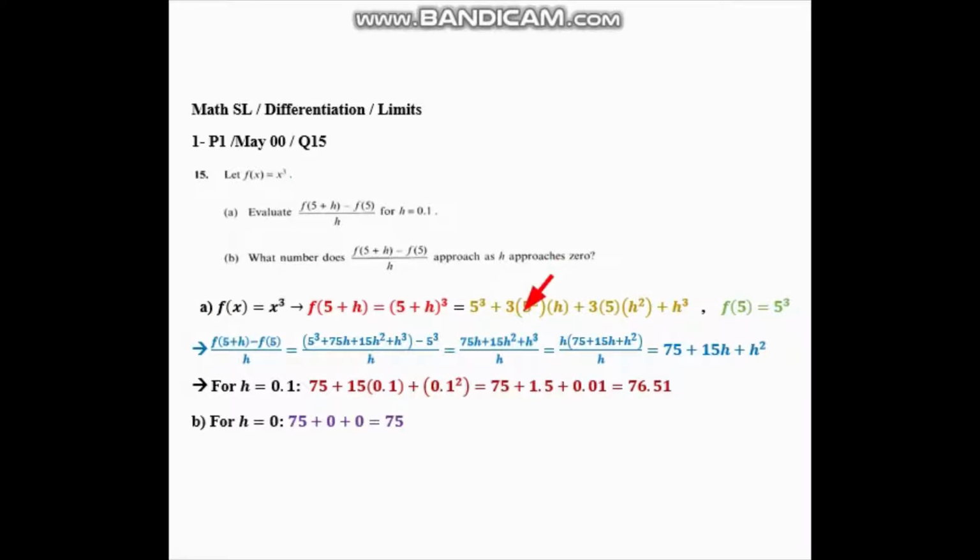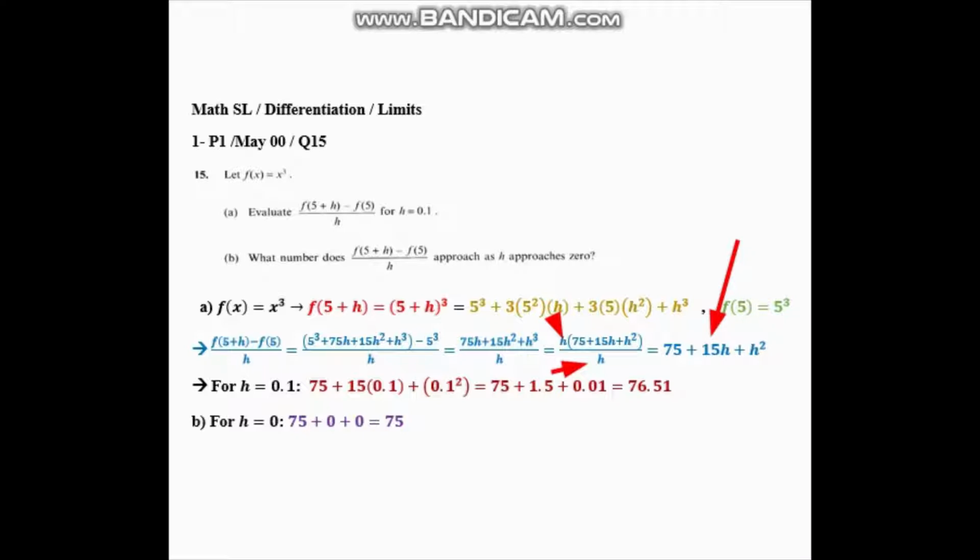So the rest is just algebraic simplification. I've combined the like terms, and then I've factorized. I've taken out h as a common factor from the numerator. So 75h became 75, 15h squared became 15h, and h cubed became h squared because I took out an h, which is a common factor in all of the terms in the numerator. Next, you cross out the h in the numerator with the h in the denominator,